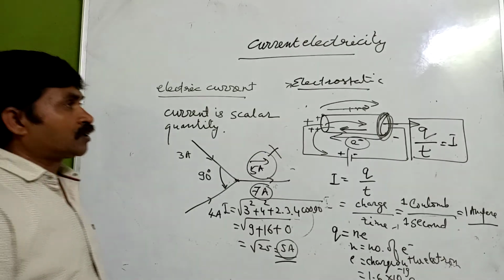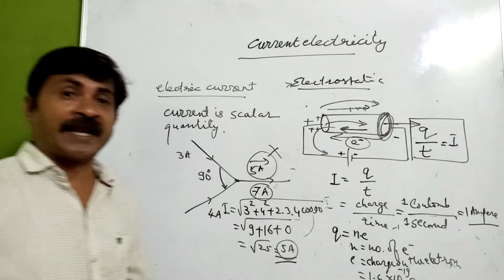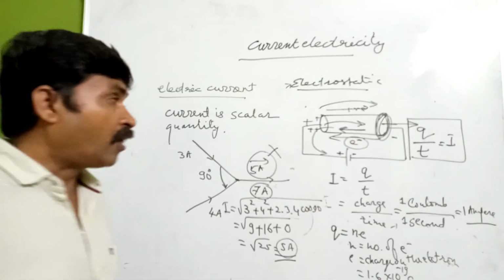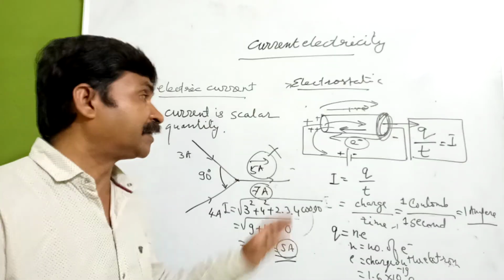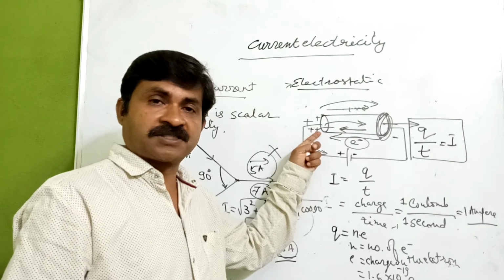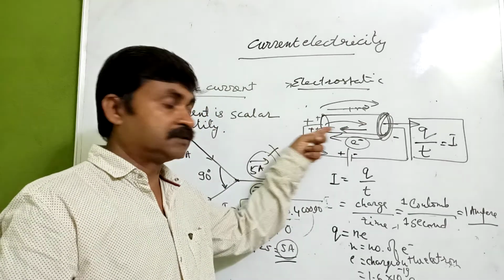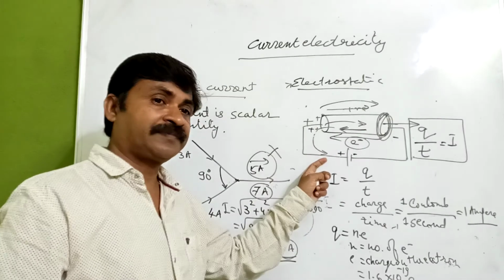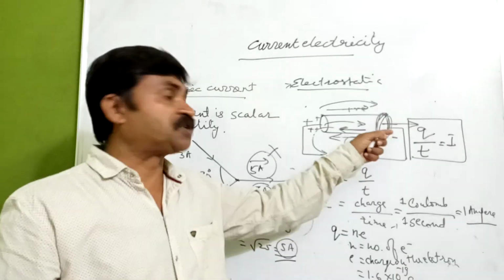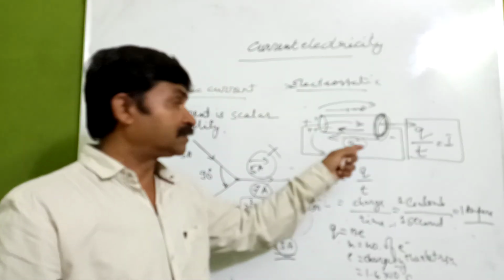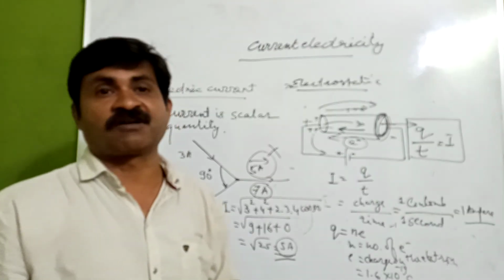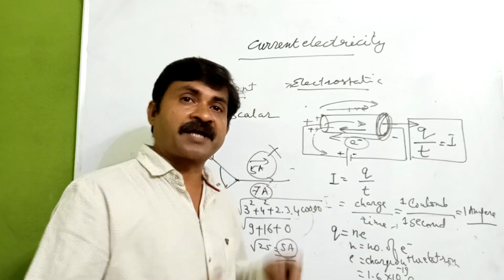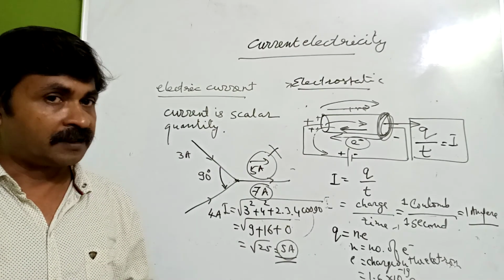So here we have gone through electric current. Electric current is basically a flow of charge. If you apply a potential, electrons flow from negative to positive, because the positive terminal will attract them. The flow of charge in the conventional direction is what we call the conventional direction of flow of current, and the electronic current will be in the direction opposite to the conventional current.